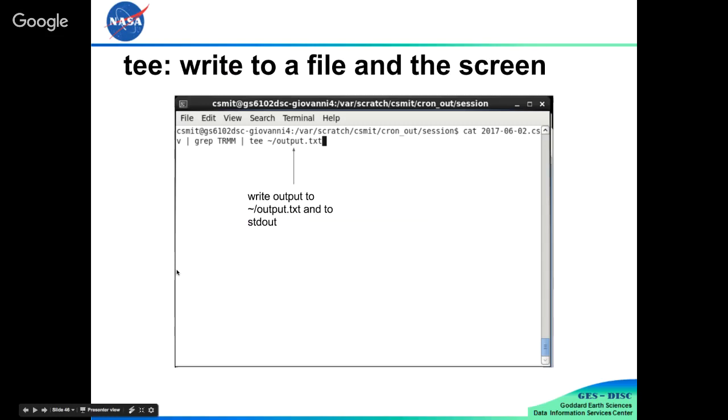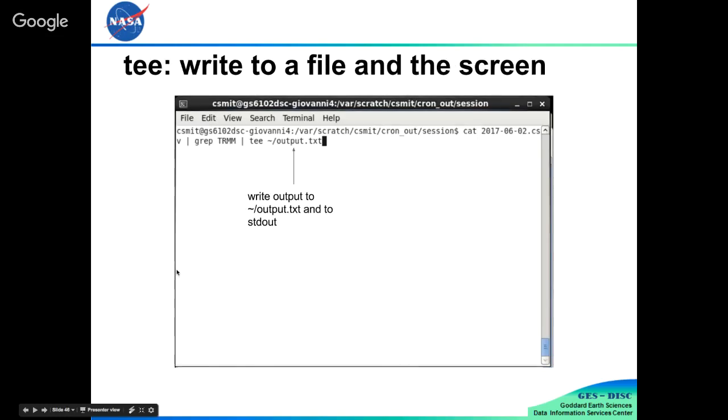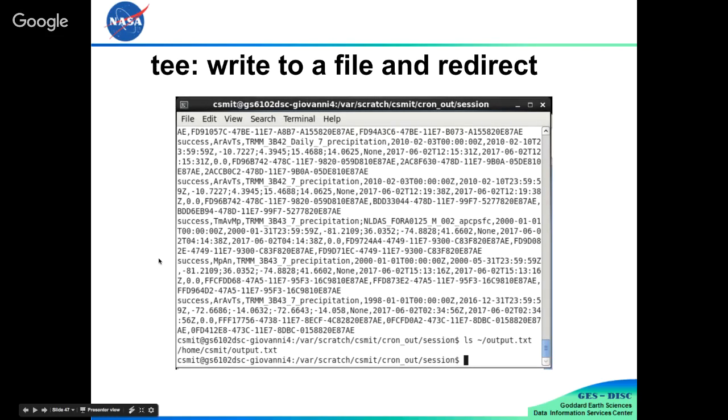All right, so this one is really useful: tee. Sometimes you want to write the standard out to a file, but you also want to see it in front of you. What tee does is it prints to standard out and the file. For example, I'm outputting something to output.txt, which you can see here exists after I run the command, but it also printed everything to standard out. So on those occasions where you want to save it off somewhere and watch simultaneously, use tee.